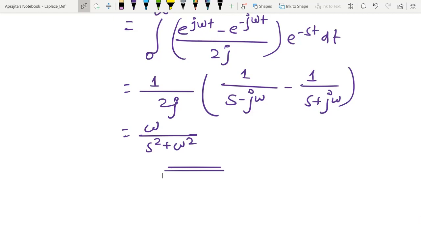So in order to see under which condition, or at least to give some possibility, that this particular integral is going to converge, in the next class I am going to talk about the sufficient conditions for the existence of the Laplace transform. With this discussion, I am going to close today's class.